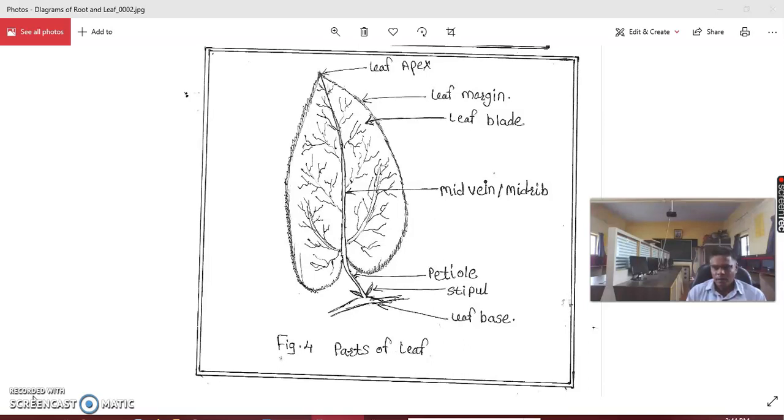And the second subtype of compound leaf is palmately compound leaf, and it is number 1, trifoliate. There are 3 leaves. Number 2, bifoliate compound leaf. There are 2 leaves on the petiole. Then the multifoliate compound leaf. There are more than 3 leaves. And number 4 is the unifoliate compound leaf.